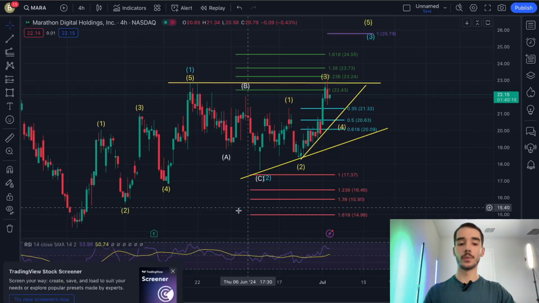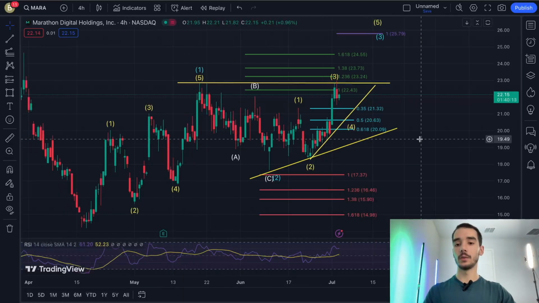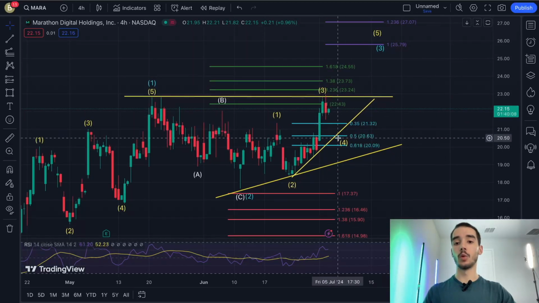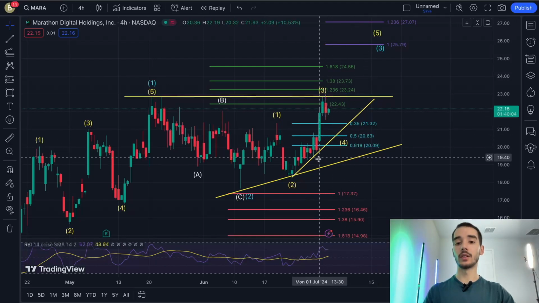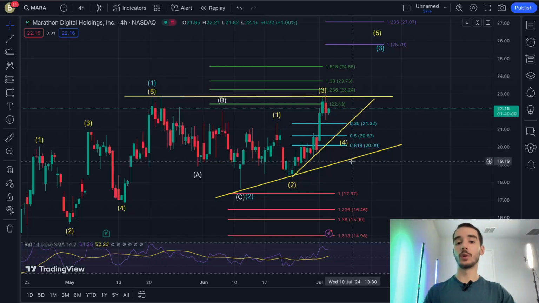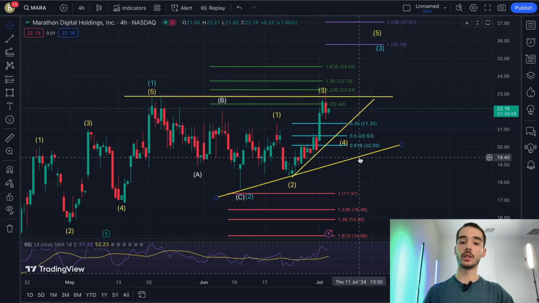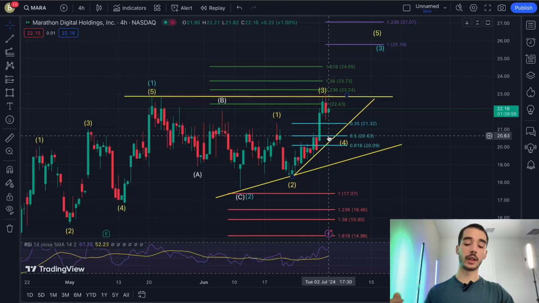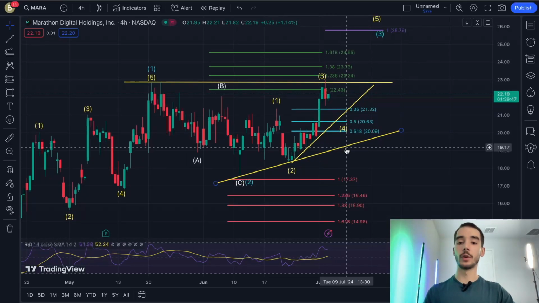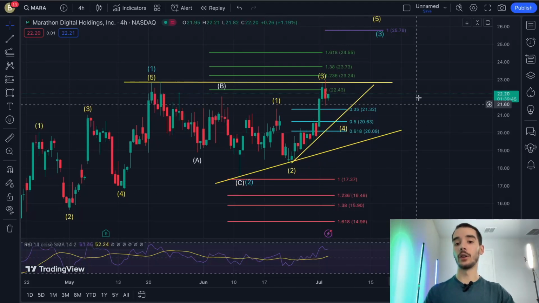So again, we're looking for ideally a corrective pull to around the 0.5 fib retracement, respecting this ascending support in yellow. If we were to break down, we still have one more support down here. Structure trades as you see fit. Trading is all up to you guys. It's just how I personally structure my own trades. If we fail this, we can potentially see the red area down here.